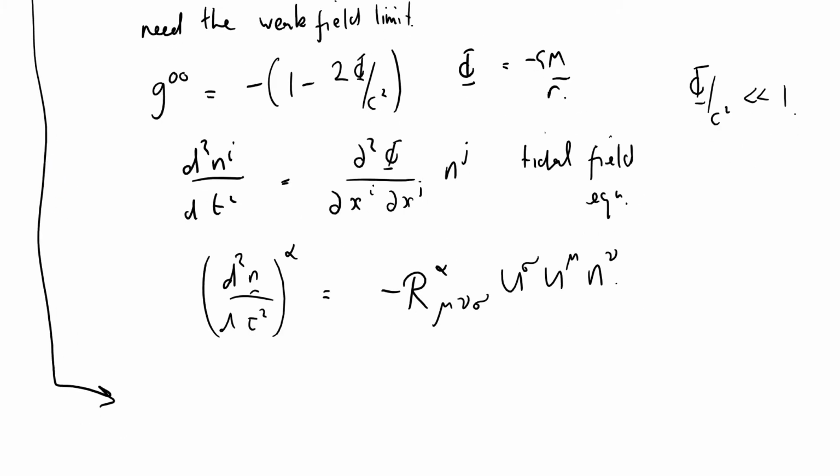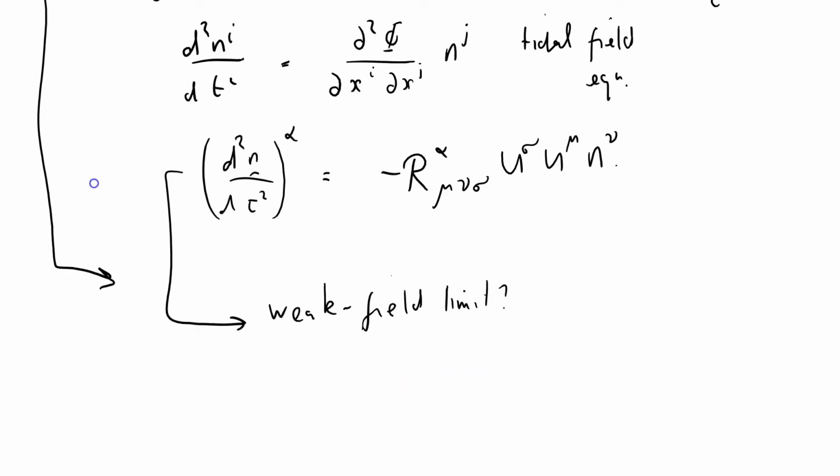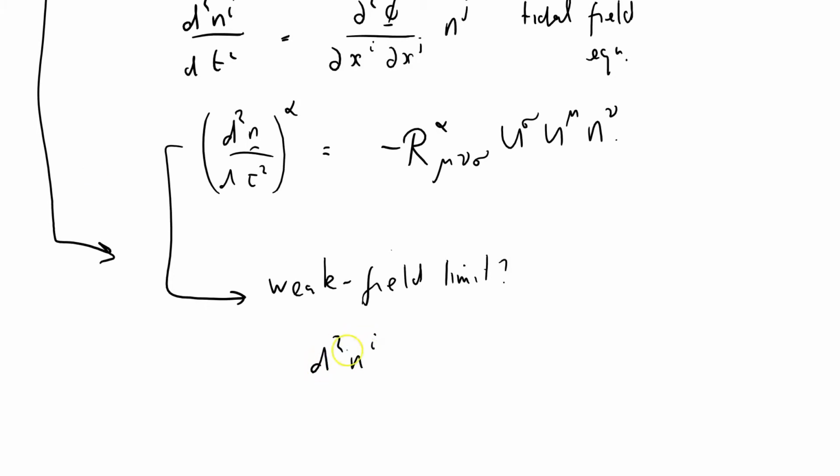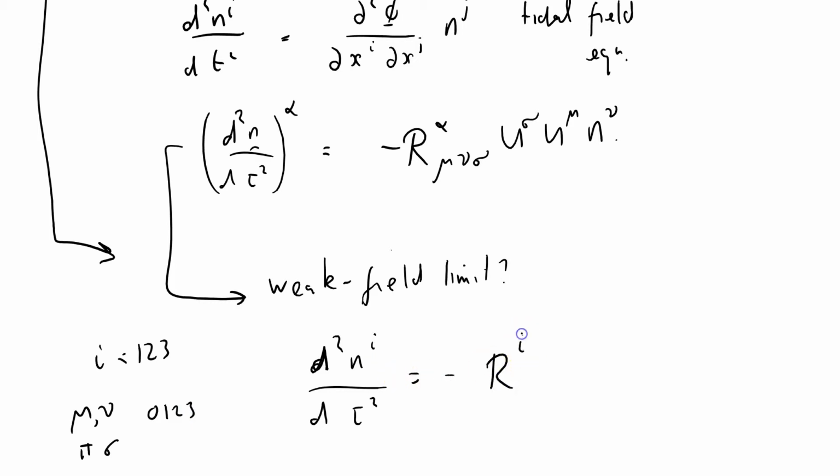Okay, so what happens to this equation in the weak field limit? Well, we can just replace it with the space-like components, d tau squared. You'll remember that i is 1, 2 and 3, and we'll use Greek letters like mu, nu, pi and sigma to mean 0, 1, 2, 3. And what does that equal? That equals minus R, and then we can put an i there, mu nu sigma,